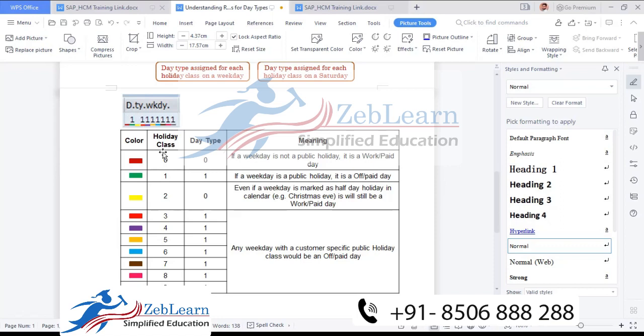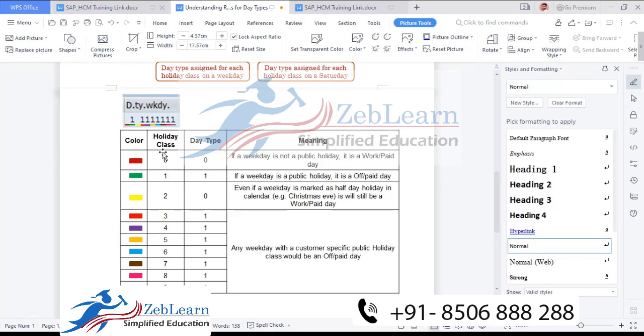The holiday type is nothing but the type of holiday, like a public holiday, or a paid or unpaid holiday. Holiday class means whether it will be a full day holiday, a half day holiday, or a working day. Those three things. In holiday it's only paid holiday or unpaid holiday, no holiday class. Here there are two things: one separate topic is holiday class and the other separate topic is day types.